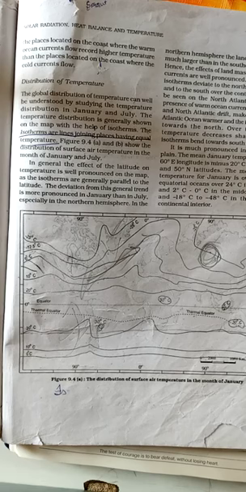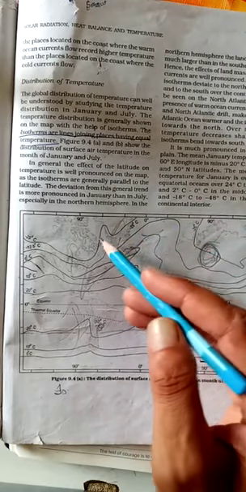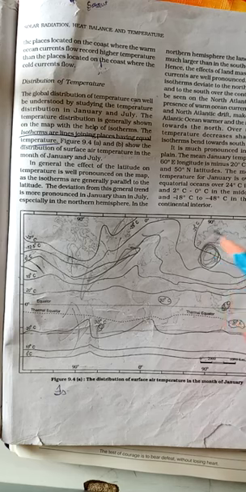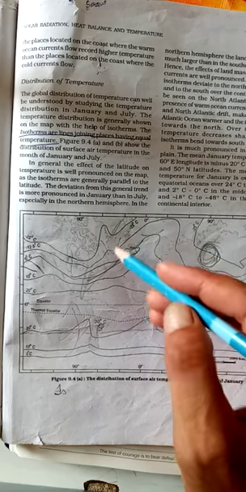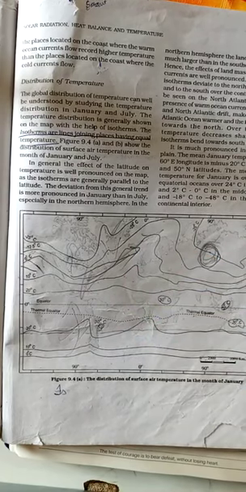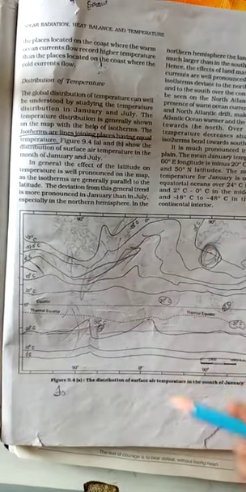Isotherms in the vicinity of the North Pole are conspicuous by their absence, which is attributed to the paucity of climatic data in the northern polar area. There is a severe cold condition in the polar region in the month of January. Isotherms of very low temperature, minus 25 and minus 12.5 degrees Celsius, are present here in the continental part of the northern hemisphere, and there is close spacing between the isotherms. They are very close to each other in the northern hemisphere as compared to the southern hemisphere.